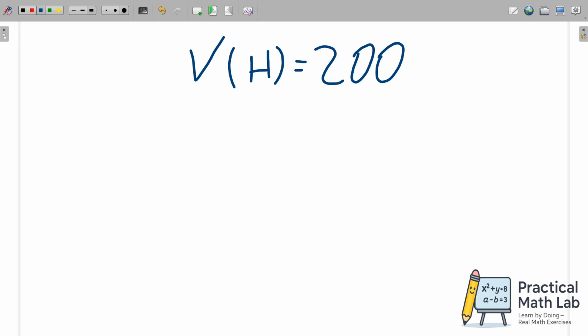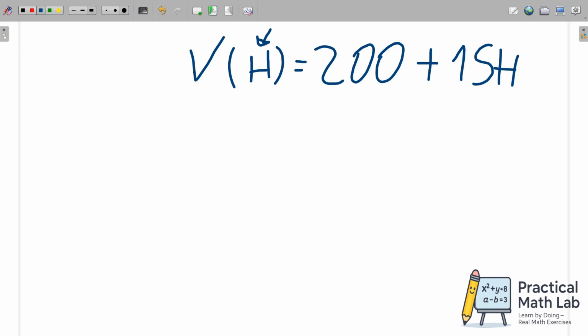And what is the variable amount? The variable amount is the hourly rate, which could be 1 hour, 2 hours, 3 hours, or even 10 hours. So what is the price of the variable amount? It's $15 per hour. So it's the fixed amount plus the variable amount: 200 plus 15 times the number of hours. Therefore,